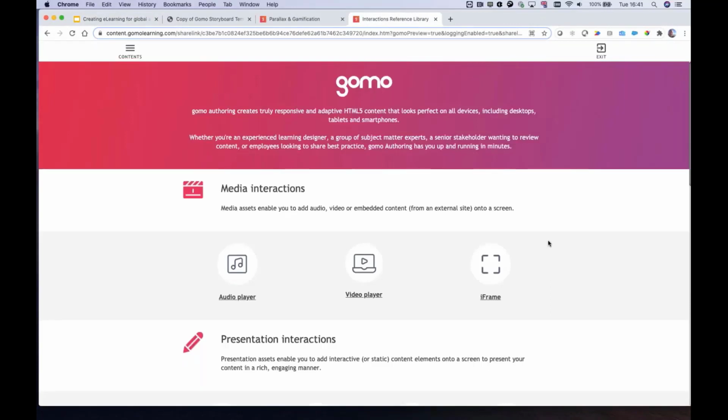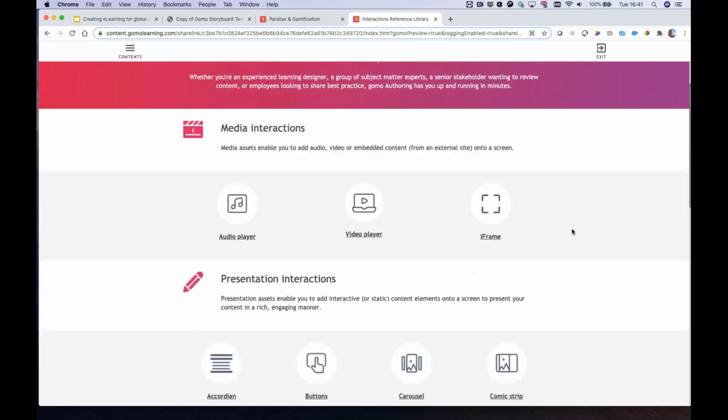This is just a Gomo course designed to show you the range of all the things that you have to play with when considering converting your content into a Gomo course. And for existing customers of Gomo, if you don't have this already, just let us know and we can copy that into your account, because it's a really important thing to have in whatever tool you have, particularly at the